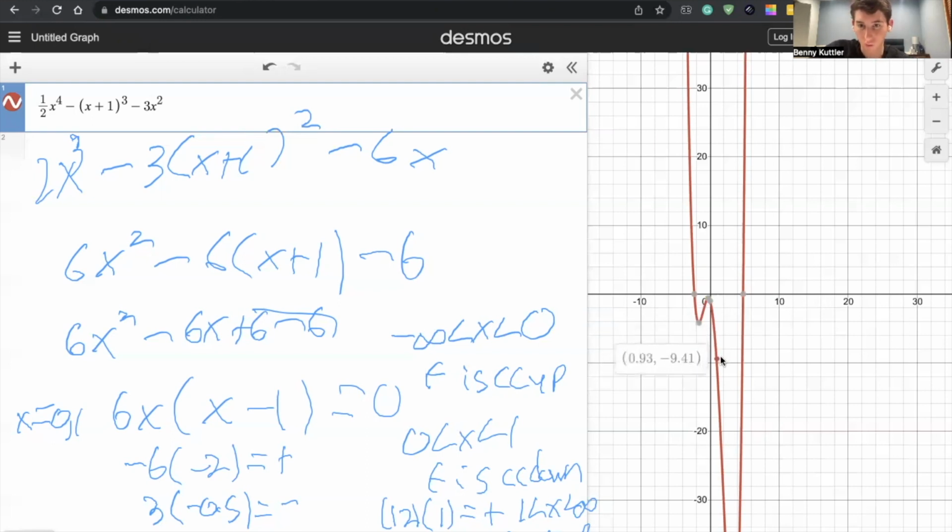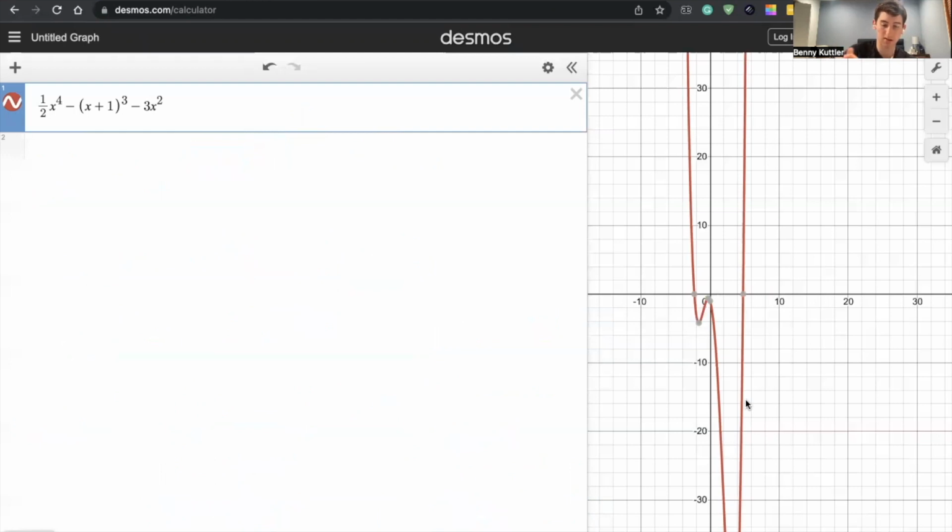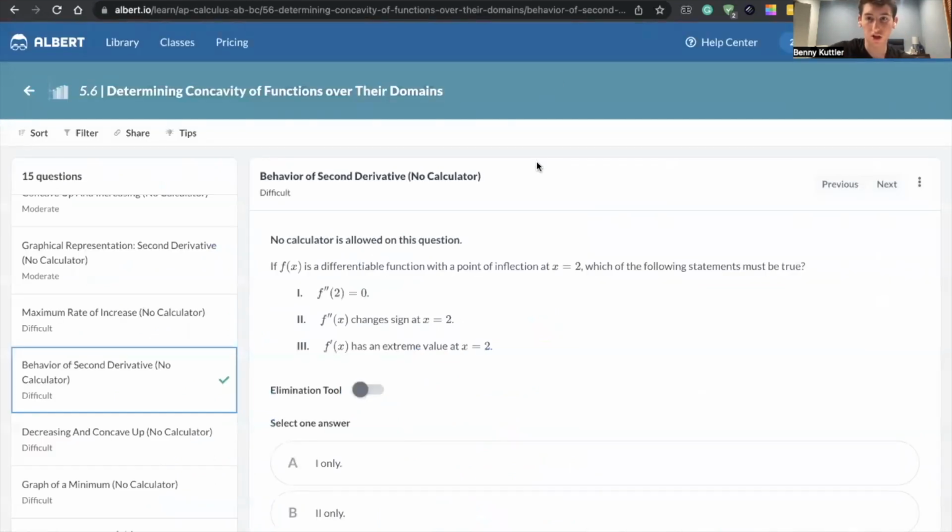And then at the point x equals 1, it starts to curve back up again. So this is what this analysis can tell us, just when a function is curving up and when it's curving down. Okay, so, I forgot to mention, when the second derivative is equal to 0, so when the concavity changes signs,